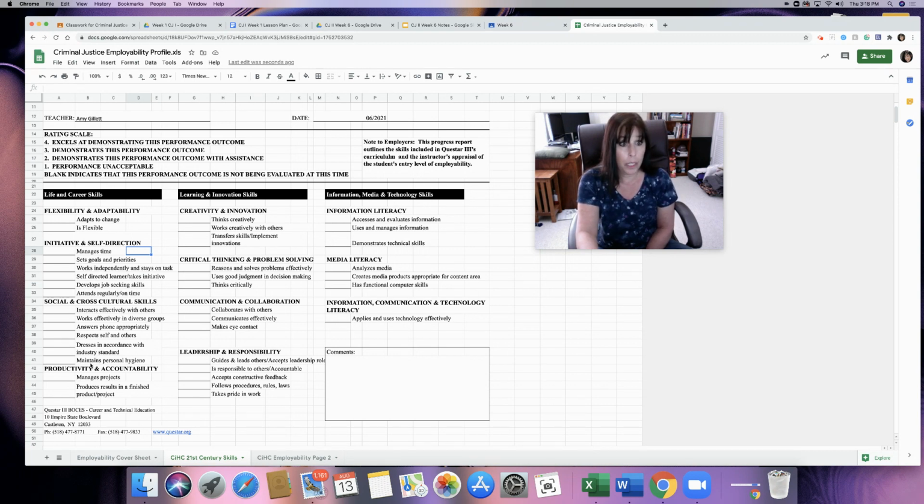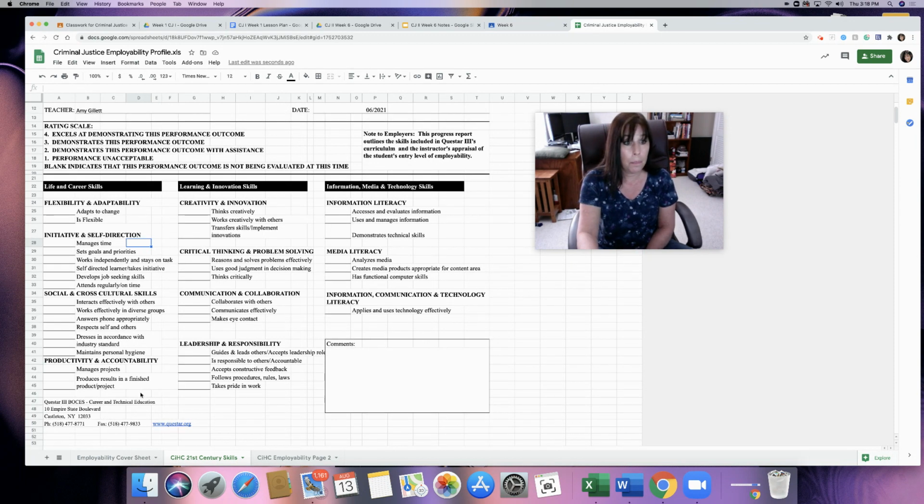And then the last one here, maintains personal hygiene. Always important. Productivity and accountability, manages projects, produces results in a finished product or project. And that's it over here. And then under learning and innovation skills, you have creativity and innovation, thinks creatively, works creatively with others, transfers skills or implement innovations,